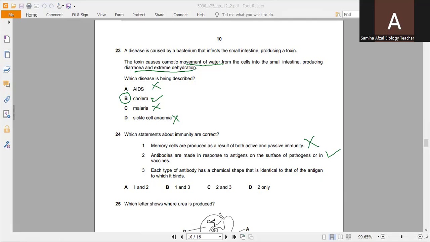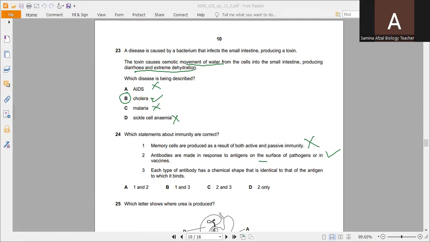So vaccines and antibodies, they are called. So according to this, statement 2 is correct, because it is the fundamental mechanism of the immune system. When the body is exposed to antigens, whether through a natural infection or a vaccine, it triggers beta cells to produce